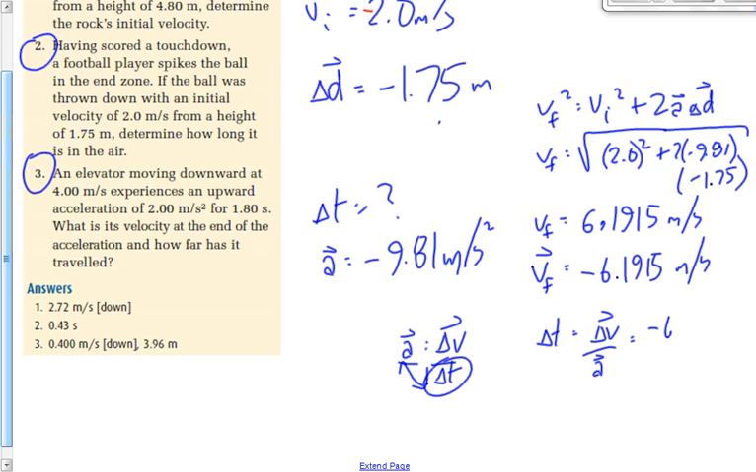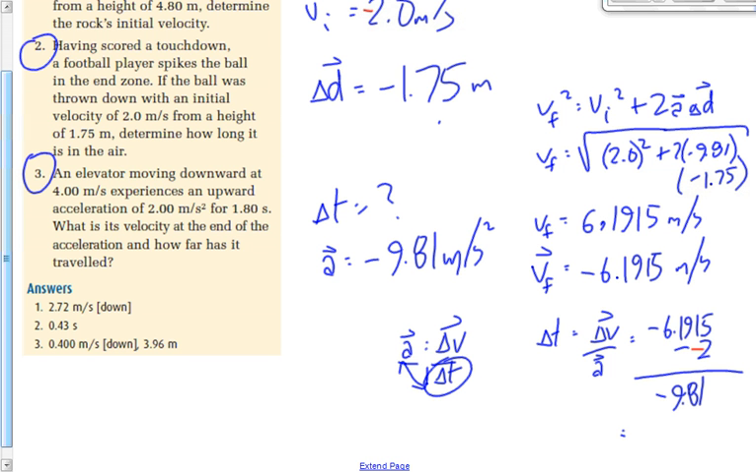It's -6.1915 minus, oh, be careful here. What was VI? 2 over -9.81. That's wrong too. What have I done wrong there? The equation is correct. What you told me is right. What have I done wrong? Yeah, just because it was subtract 2 doesn't mean I've put in the negative for the 2. It's subtract -2, which means